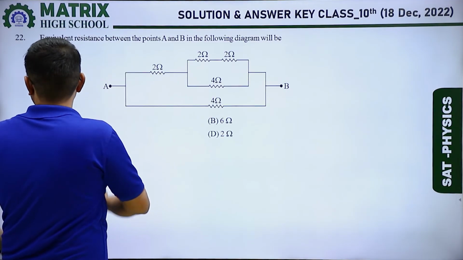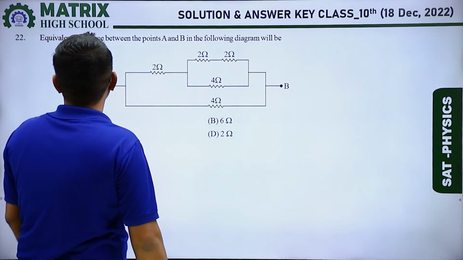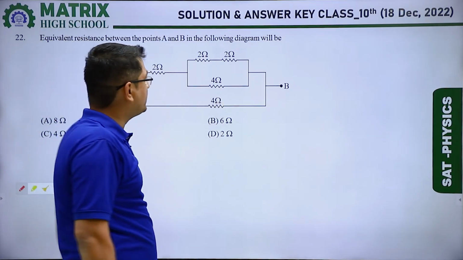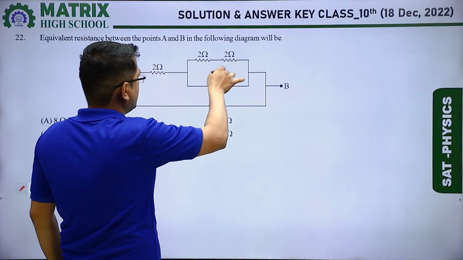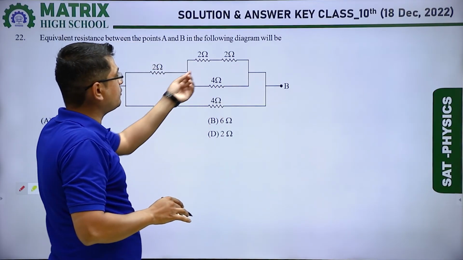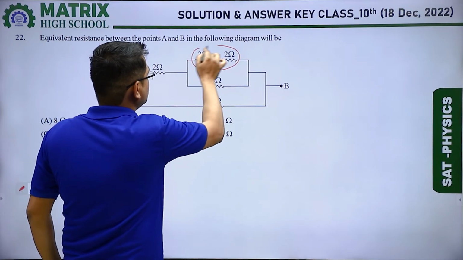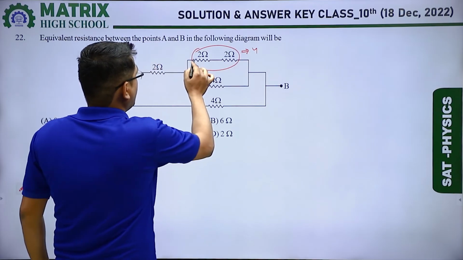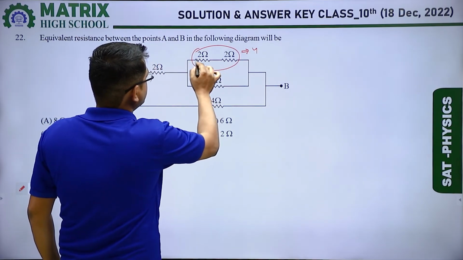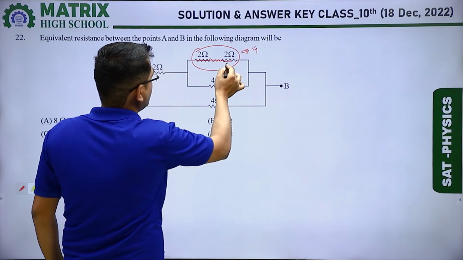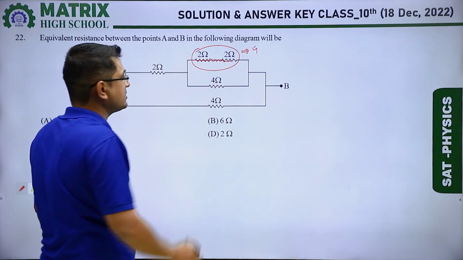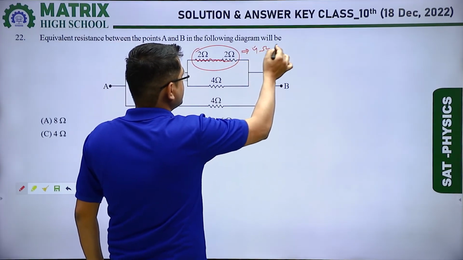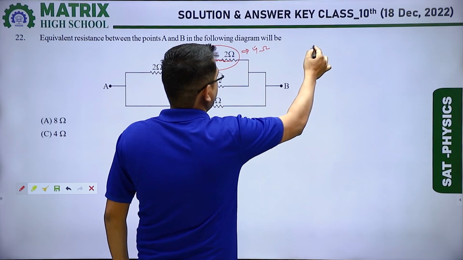Next question, question number 22. In question number 22, we have to calculate the value of the equivalent resistance between terminal A and B. So we can see here, by using the series parallel combination formula, we will start from the smaller loop. These 2 and 2 are in series, which becomes equal to 4. Now, instead of writing these two resistances, I am writing only one, which is of 4. Now this 4 ohm is in parallel with the 4 ohm resistance and both are equal resistances, so the equivalent resistance can be calculated by R by N,